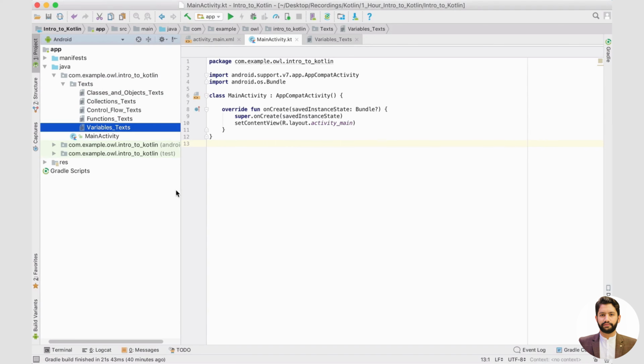What I'm going to do is at the end of each of the 5 major topics, move all of the code that we wrote to these text files so that we can start from a clean slate and so that you have the source code. As well, we're going to be working mostly in main-activity.kt until pretty much we get to the classes and object